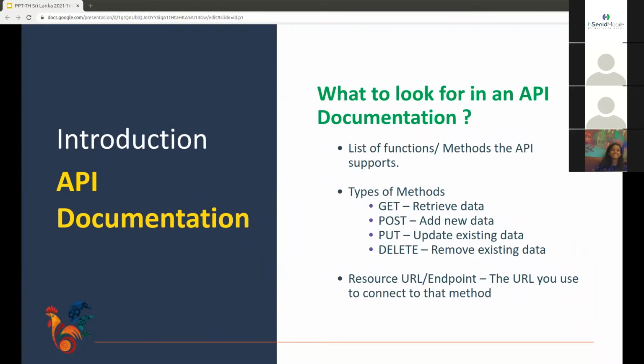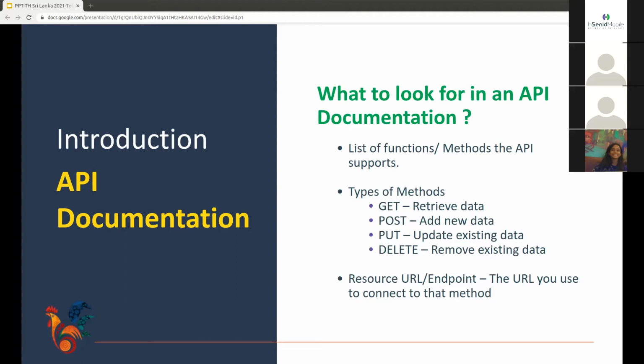Therefore, let's look into what information we can gather from an API documentation. The first and most important is the list of methods the API supports, and then the types of those methods. And third, the endpoint that is used to connect to those methods.